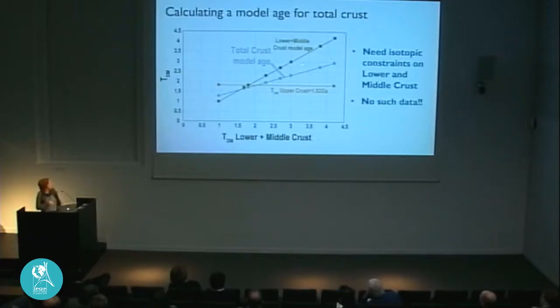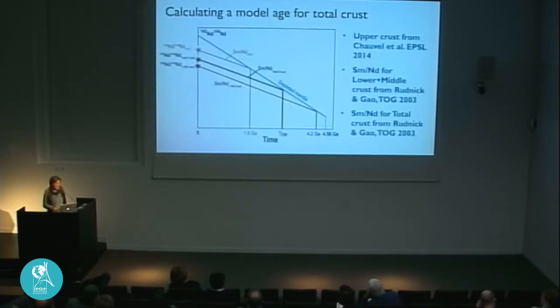So I think that's something that needs to be done, but it's not very simple because there is no process that mechanically samples upper and lower crust. So it's not easy. The other important thing I think to remember is that for having a model age for the total crust that is 3 billion years, the age that has been suggested by, maybe I go back,